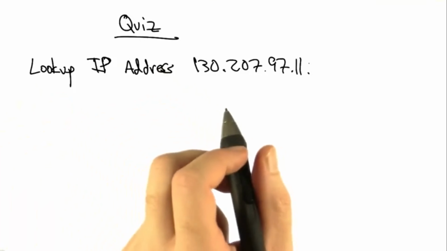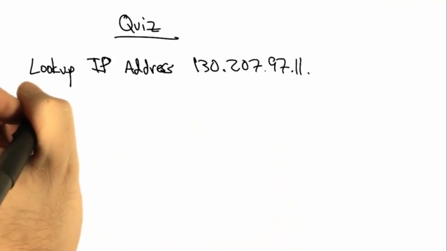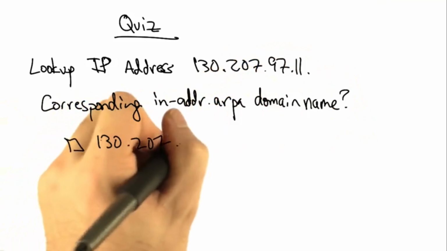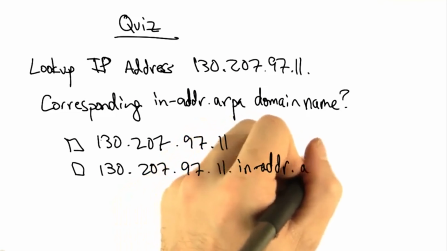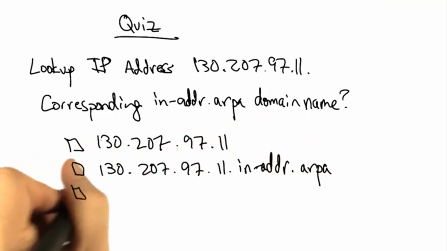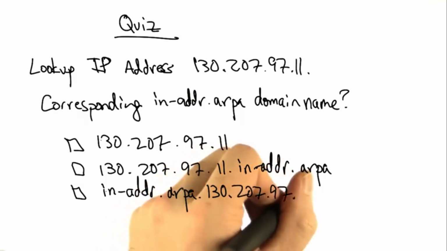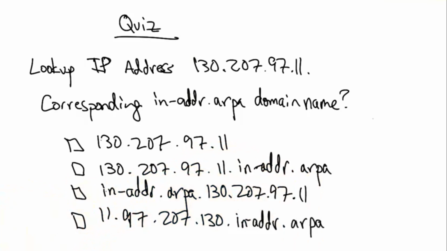As a quick quiz, suppose we wanted to look up the IP address 130.207.97.11. What is the corresponding in-addr.arpa domain name? Is it 130.207.97.11? Is it 130.207.97.111.in-addr.arpa? Is it in-addr.arpa.130.207.97.11? Or is it 11.97.207.130.in-addr.arpa? The corresponding domain name for the PTR lookup for this IP address is the record corresponding to